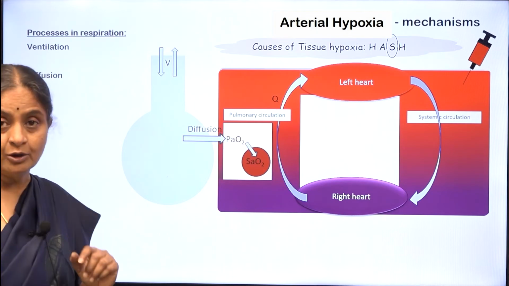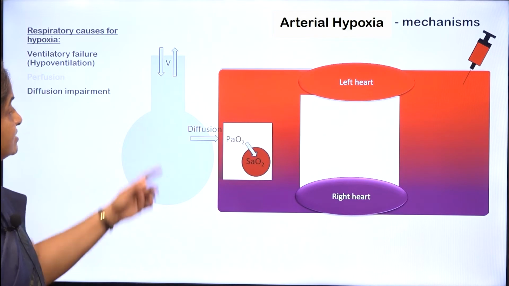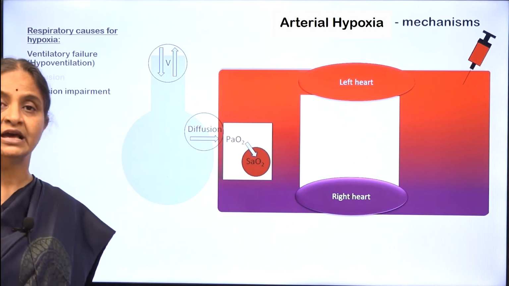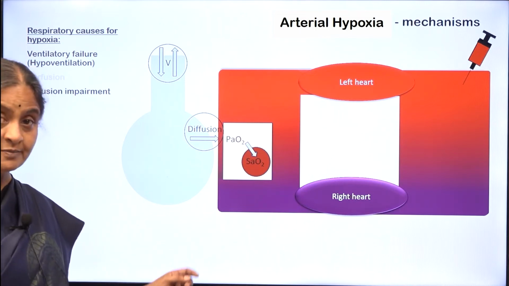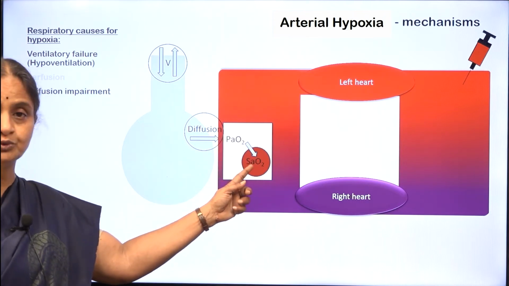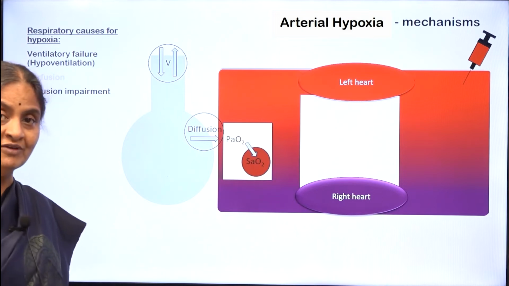Therefore, I've taken that out of our list, which leaves us with two things: a ventilation impairment and a diffusion impairment, which can result in hypoxia. To reiterate, the term hypoxia specifically refers to a state where these two parameters are less than normal. The normal values would be